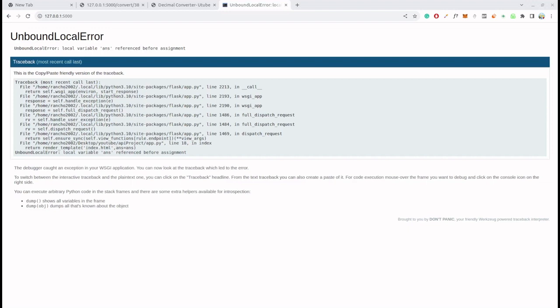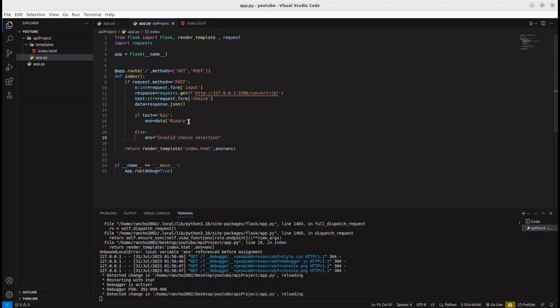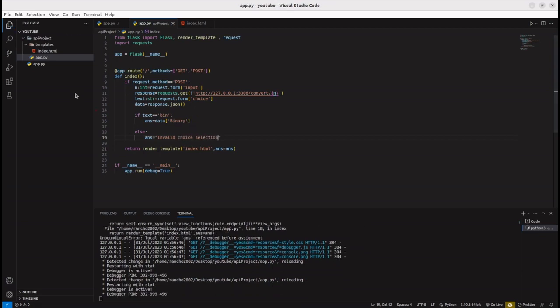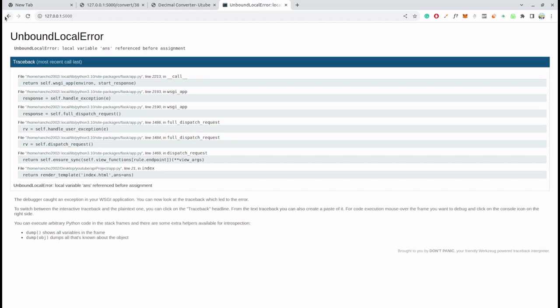So you just write something like this, answer invalid choice, or say something like this. Let me switch to our VS Code, yeah, and I'm just writing the else part, invalid choice selection, like this. Okay, now switch to the Chrome tab and let's check again. Okay,